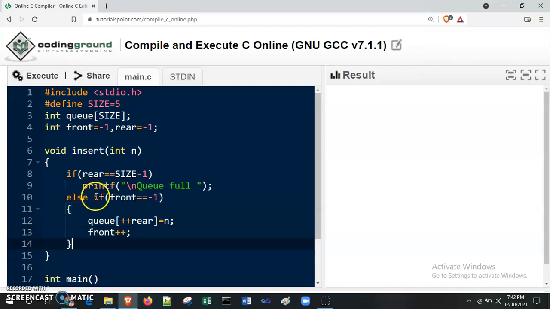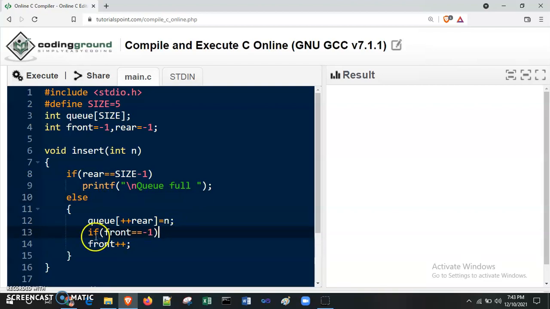Or we can give this condition inside this, because if front is exactly equal to -1, then only we need to increase front. Otherwise this will be the updation. Only rear we need to update. So in this way our insert logic is almost done. Now we are writing here delete function. Don't use this delete keyword.